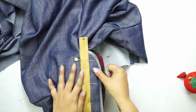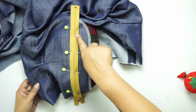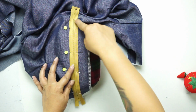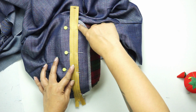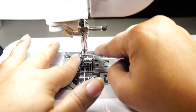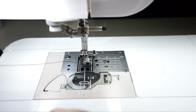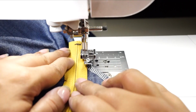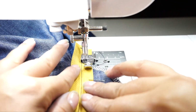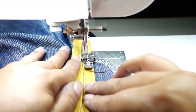And now we're going to stitch on the right side of our zipper tape. So we're going to stitch down all the way from the top to the bottom, and then we're going to stitch again close to the edge. I've switched out my presser foot and put in my zipper foot. And so I'm going to go ahead and stitch starting at the bottom, back stitch,